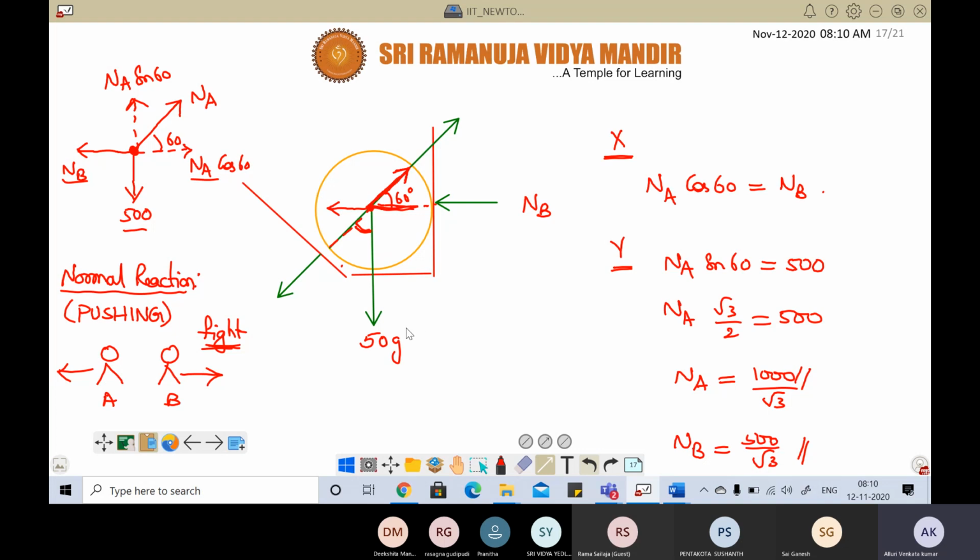Now the mistake you have done is you have drawn the free body diagram of the inclined plane. Now you have to draw the free body diagram of the sphere, that means forces acting on the sphere. On the sphere, there is this inclined plane. These two are like brothers, they don't like each other. Normal reaction means they don't like each other, they'll always push each other. Tensional force, they like each other, so they pull each other.